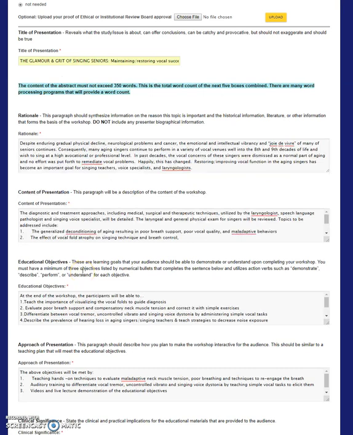You must then state the educational objectives of this workshop. These are learning goals that your audience should be able to demonstrate or understand upon the completion of your workshop. You must have a minimum of 3 objectives listed by bullets that complete the sentence below and utilize action verbs such as demonstrate, describe, perform, or understand. For example, this sentence could be completed as follows. At the end of the workshop, participants will be able to